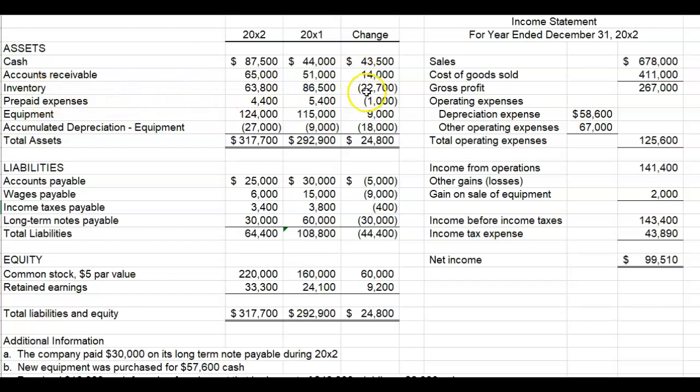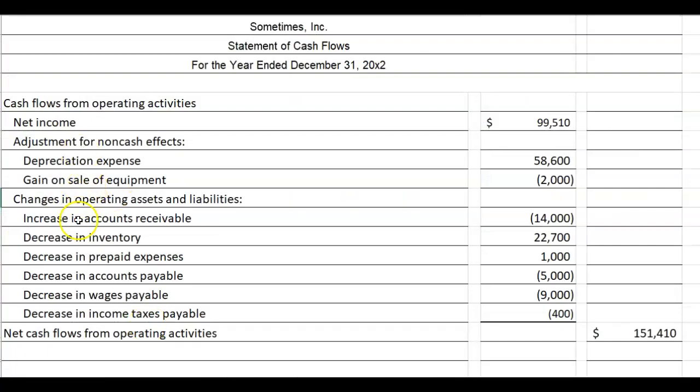A decrease in a current asset needs to be added back to net income. So you should have increase in accounts receivable, bracket $14,000, decrease in inventory, add back $22,700, decrease in prepaid expenses, add back